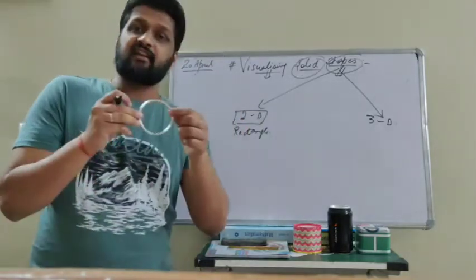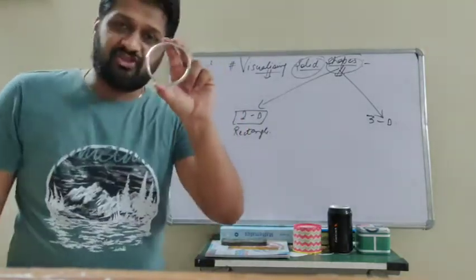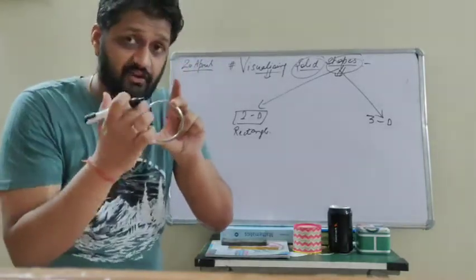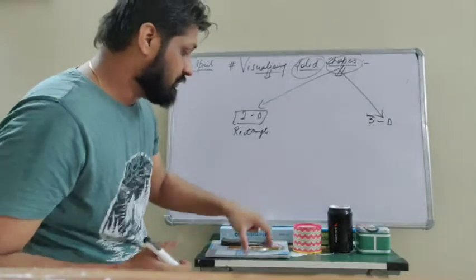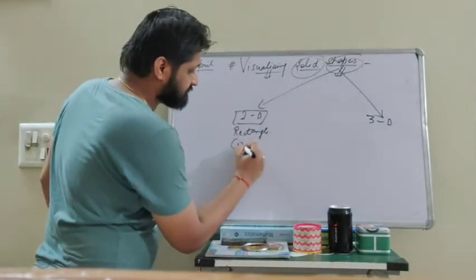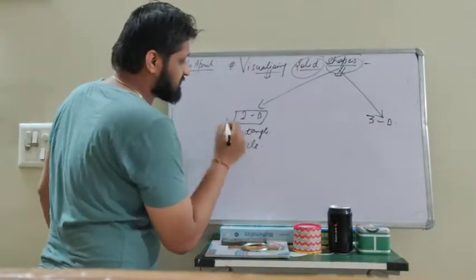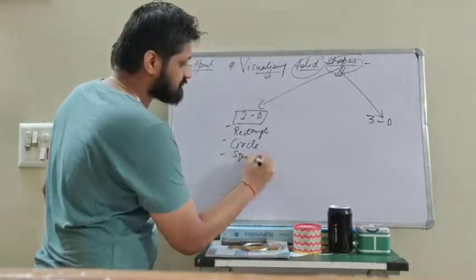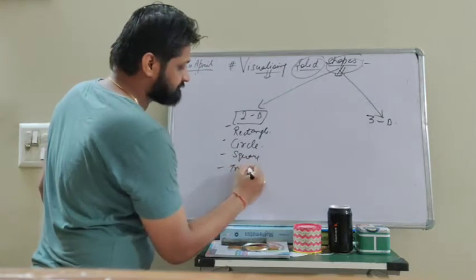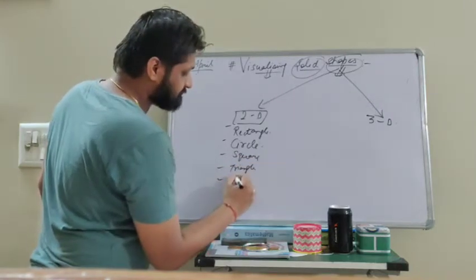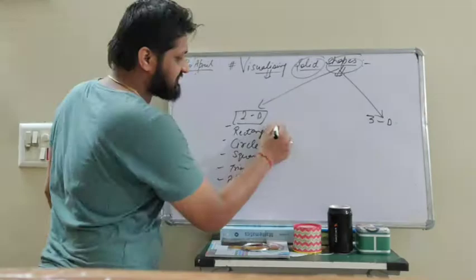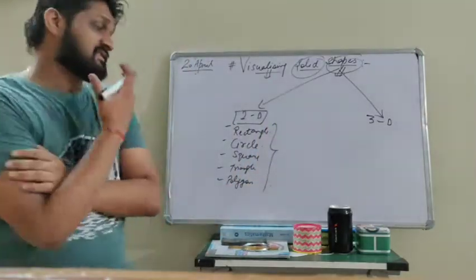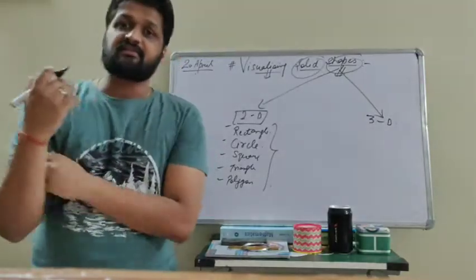Now what is this? Can you see this bangle? And what shape is it? It is the shape of a circle. The bangle is a circular shape, and it is also two-dimensional. Rectangle and circle are two-dimensional, or you can say square as well, triangle as well, and polygon as well. These are some examples of daily routine that are two-dimensional figures, consisting of rectangle, circle, square,